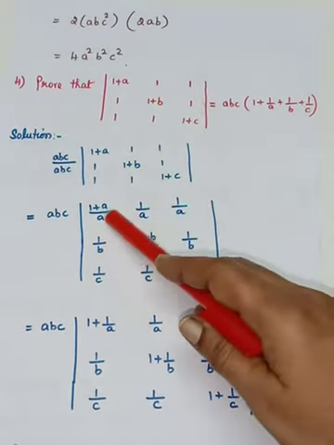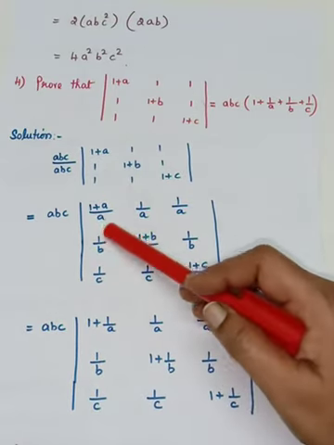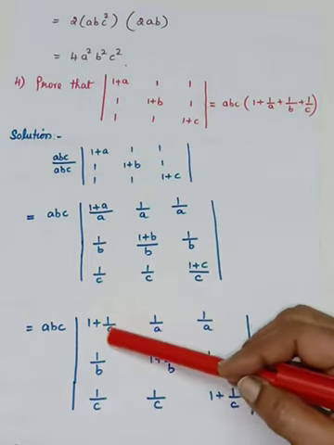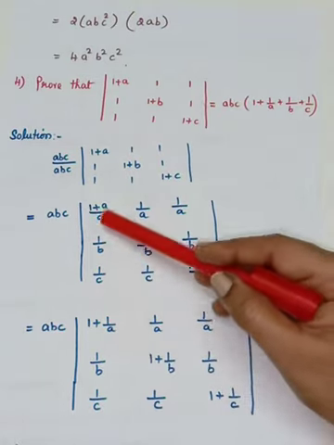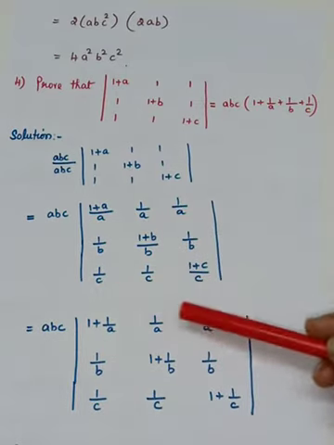Okay, you take this element. I have written 1 plus 1 by A. How it will be? A is a common denominator. So 1 divided by A. That is, I have written as a second term 1 by A. Plus A by A is what? It is 1. And here 1 by A, 1 by A.